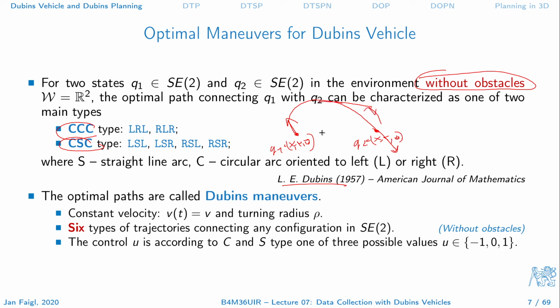And of course, it depends on whether these orientations are what we can do like this, or we may require some additional types. So we can firstly turn left, and then go straight, then left or right. So we have 4 combinations. But if it happens that these configurations are mutually very close and the orientations are in such a way that we actually have to perform this CCC maneuver, which is a prolongation to actually reach the